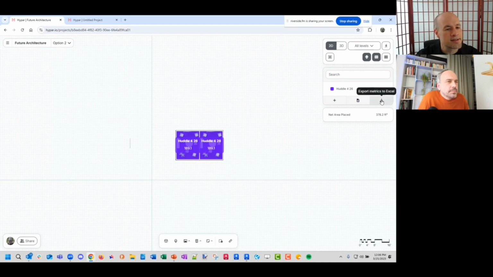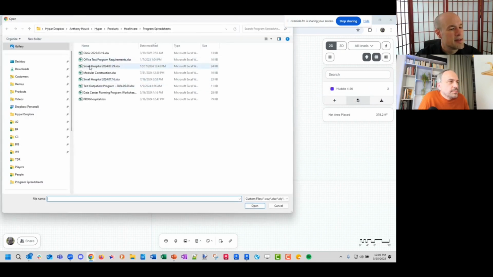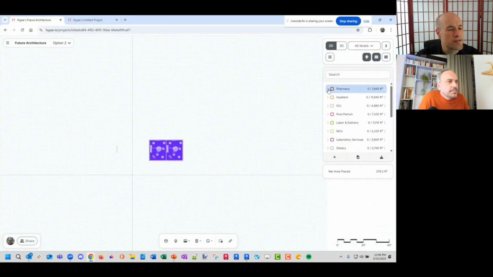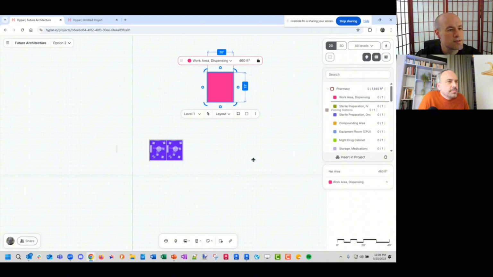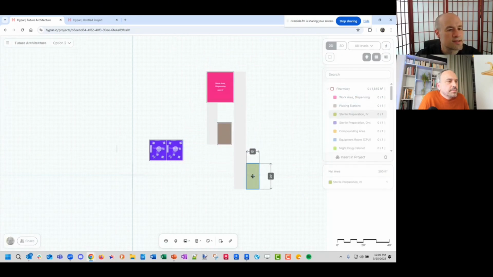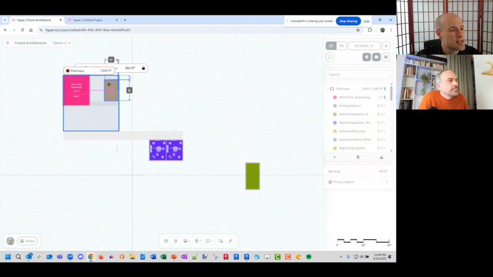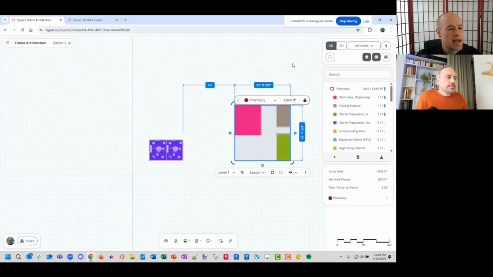I'm going to bring that program I had back in, because one of the things we do, and let's throw a few of these in here. I'm just going to throw this and this and this. Let's actually bring in the whole department and stick them in there. And see, we change the visuals there to tell you you're now working inside a department. So that becomes a whole unit. And let's say I'm not actually going to talk to the nurses who are running things, but I'm going to talk to the hospital administrator. These folks, they live in spreadsheets. So let's export that and open it up.